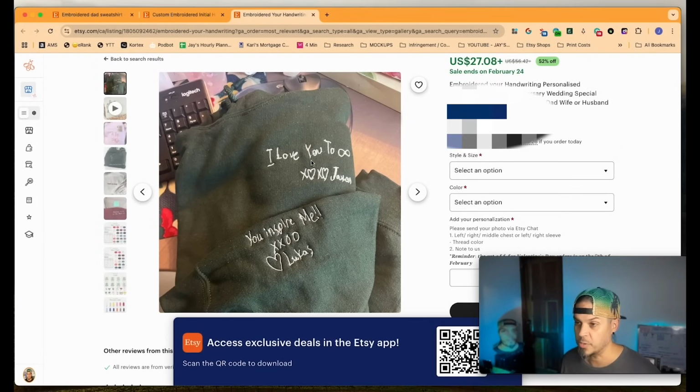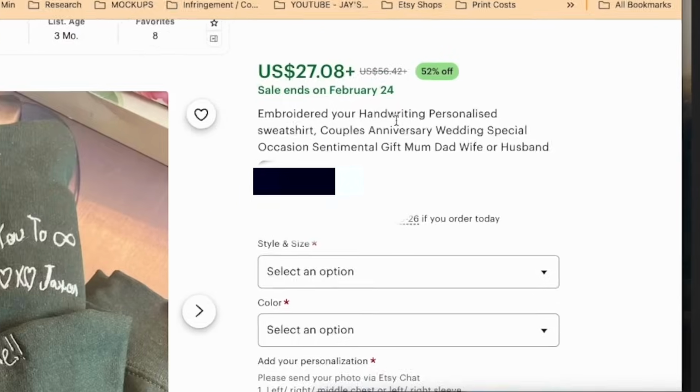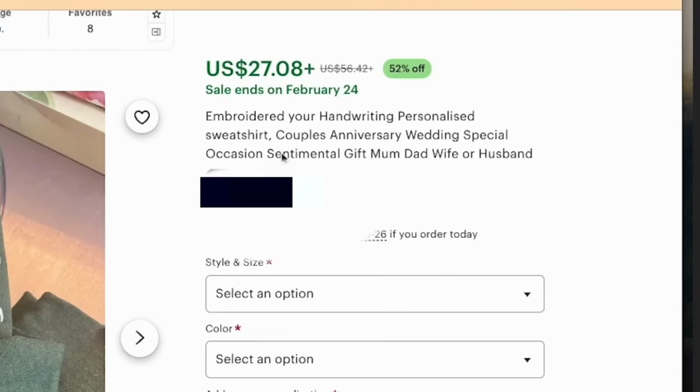loved one or whatever, right? So what an awesome gift this would be. So we're looking at embroidered your handwriting personalized sweatshirt. Couples anniversary, wedding special occasion, sentimental gift, mom, dad, wife, or husband. I would actually change this to mom as well, assuming we're selling to the American market as well, but mom